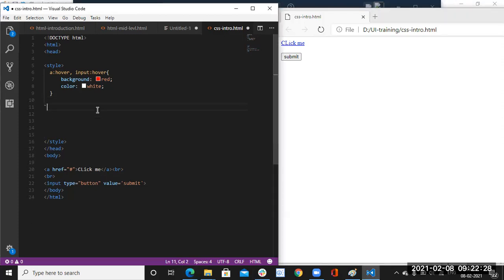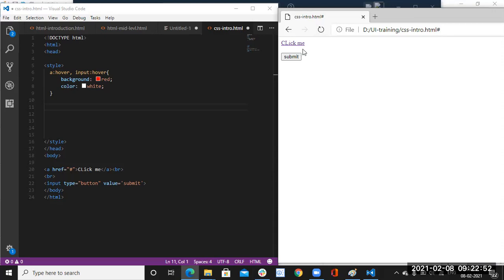Next, now if I'm clicking on this click me, it is redirecting somewhere. After clicking on this click me, I need to change the color. Now by default, while it is loading, that little blue color is coming, right?